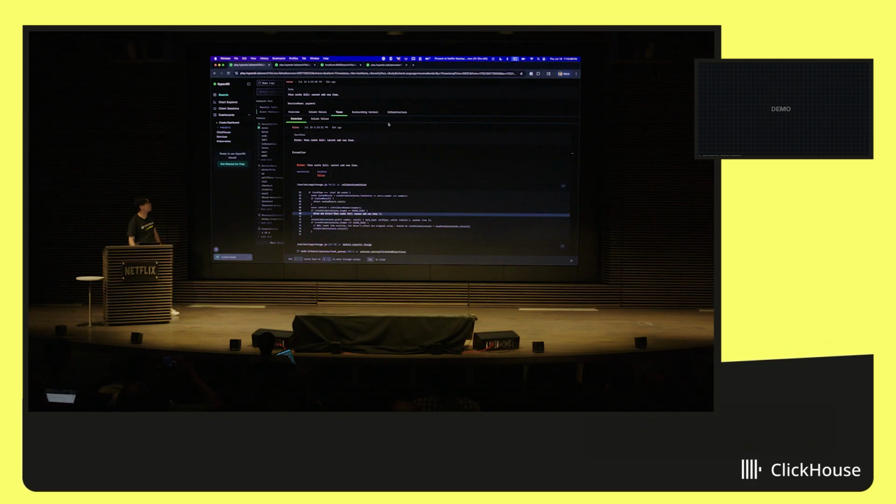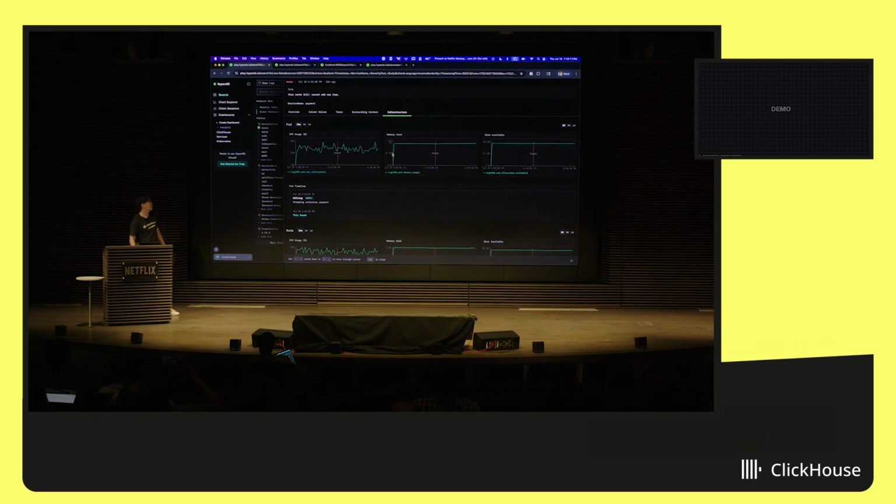The other nice thing beyond just traces is we also send our infrastructure metrics here. And because we're running on Kubernetes, we already know, hey, this log line came from this pod, which is running on this node. We can pull out the pod metrics, the pod events, and the node metrics as well. And we can confirm that the infrastructure is healthy. In this case, it is. So don't bother SREs. Go and take a look at what's wrong with their code. But that's a quick view of the ability to correlate a lot of this information together.